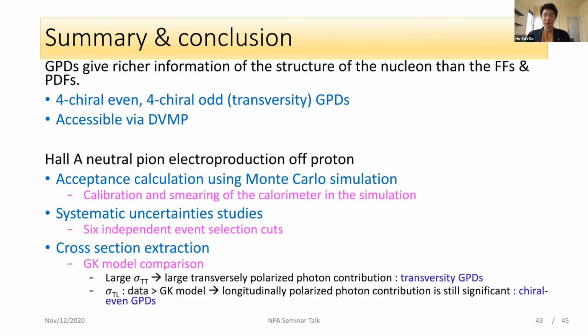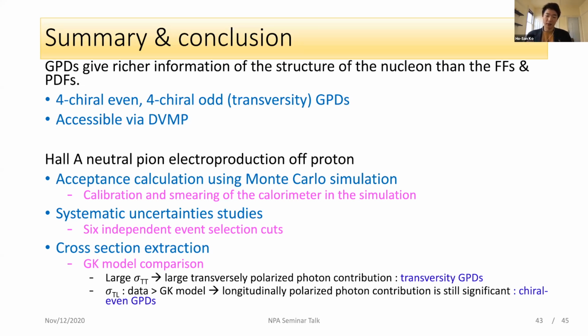So this is finally my summary and conclusion. The GPDs give richer information on the structure of the nucleon than the form factors and parton distribution functions. There are 4 chiral-even GPDs and 4 chiral-odd GPDs, and they're accessible by deeply virtual meson production. And from the Hall A neutral pion electroproduction, we saw a large sigma TT, which indicates a large transverse polarized photon contribution,